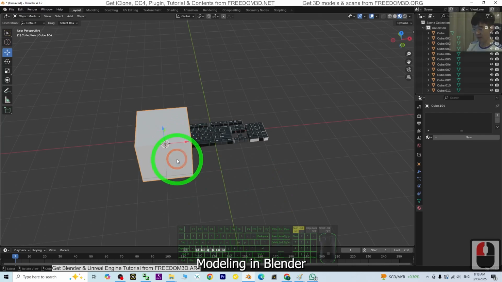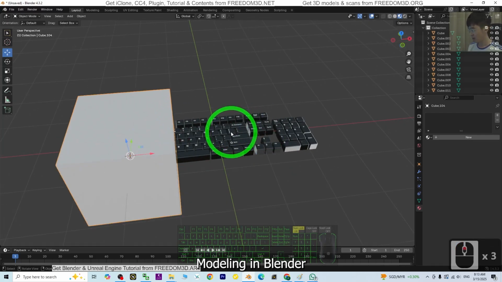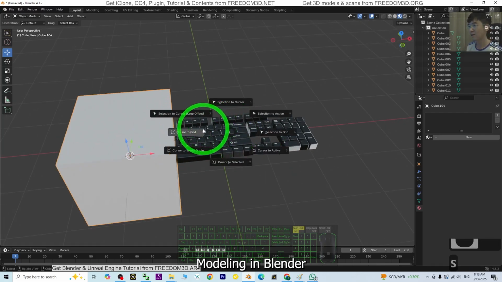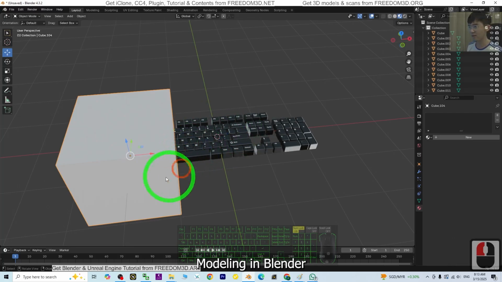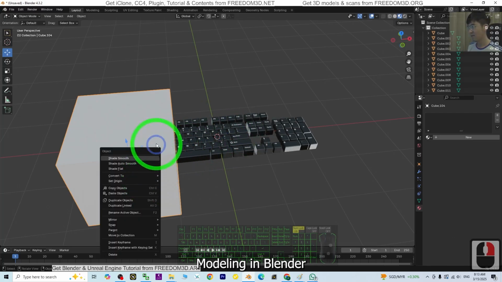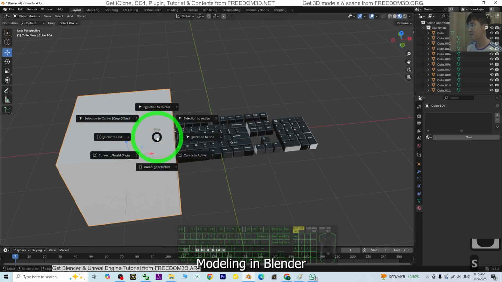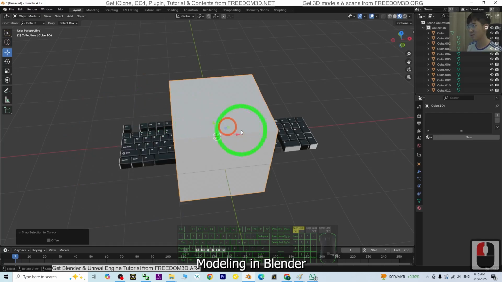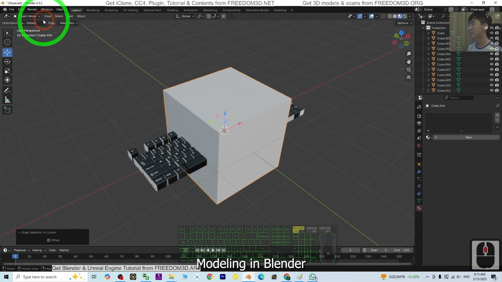So, wait. Shift S. We are going to set the cursor to the world origin first. Then click this. Shift S. Selection to cursor. Then this keypad,